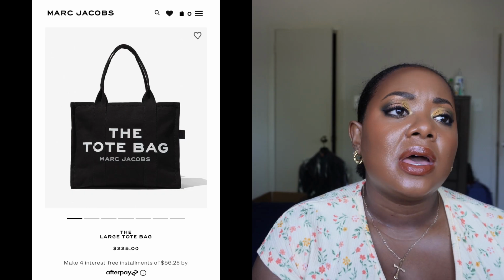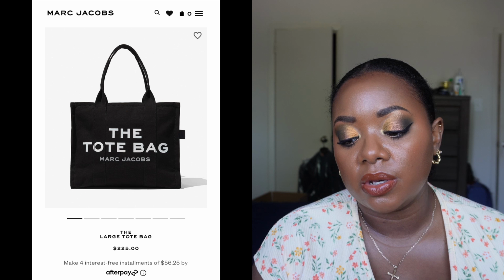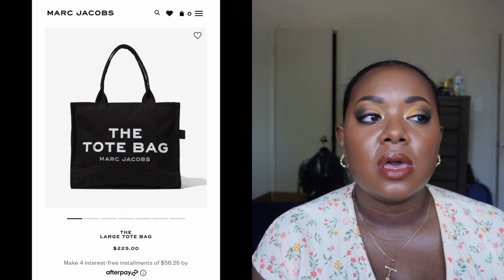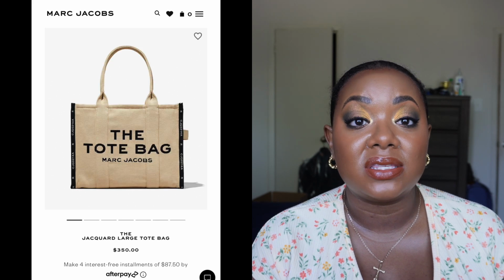Now initially I was thinking about going with the canvas one, but there are a couple of things that I saw when I was looking at reviews. First, I know people said that it got linty pretty easily, so lint would collect on it, and I didn't want to deal with that. And then second, the colors. I didn't love some of the darker colors, and while I liked the lighter colors,